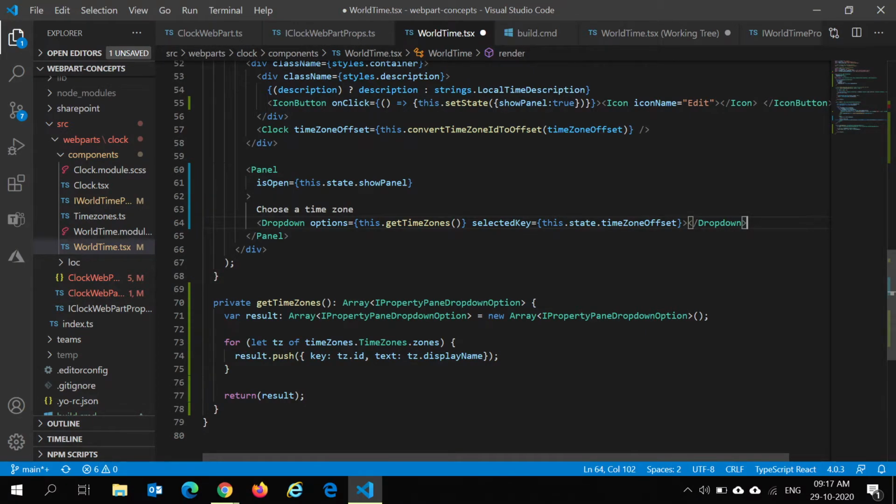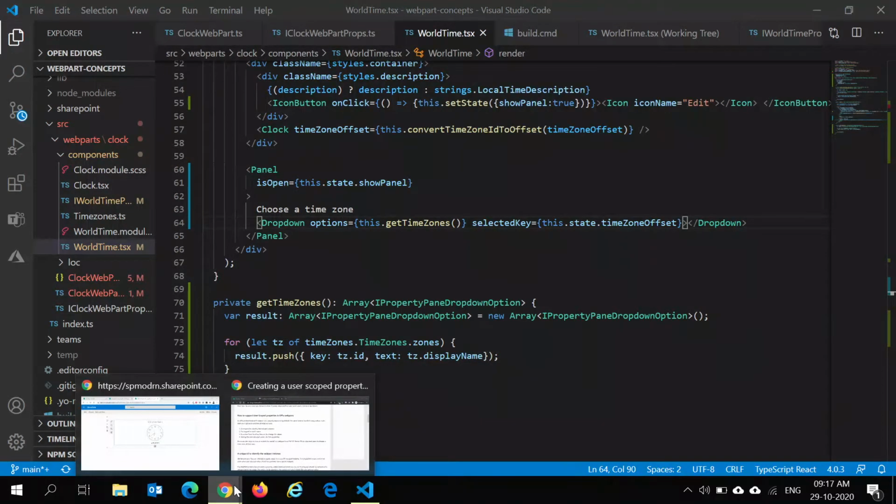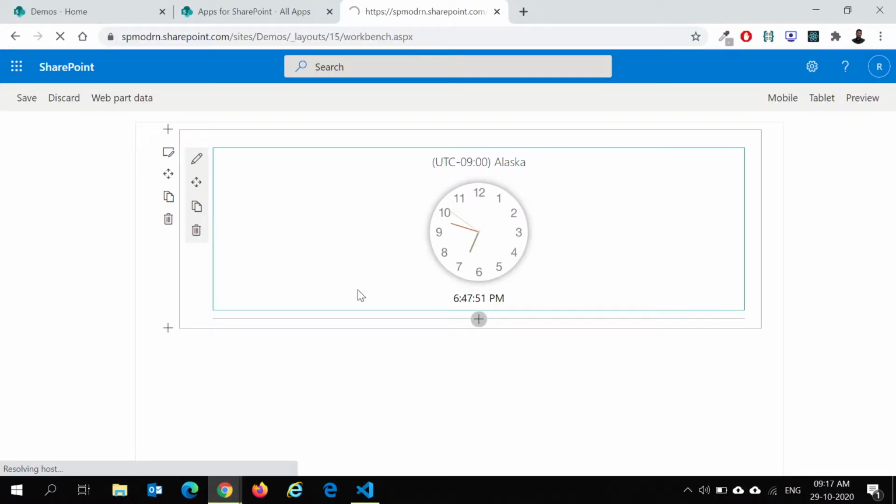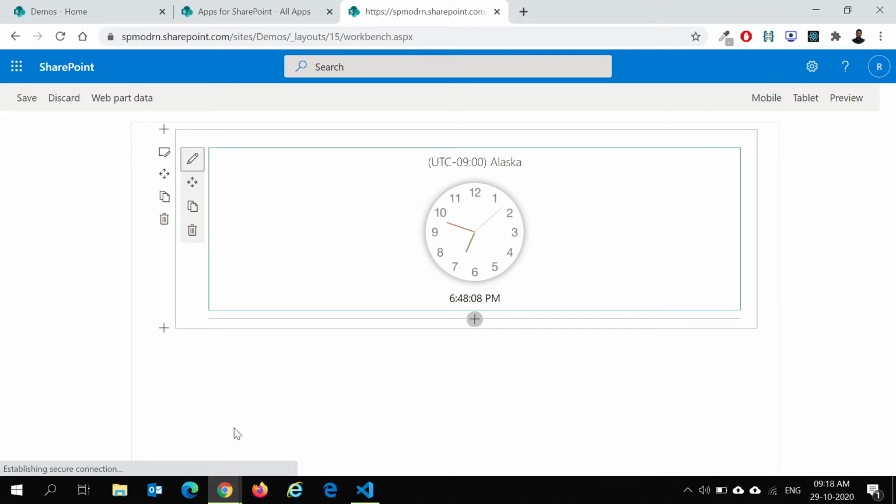And let's also do one more quick thing. So let me save and see our progress till now. So if I refresh the workbench, Gulp serve is running in the background, so hopefully the changes are reflecting here. Okay, looks like my Gulp serve is not yet running, so let me quickly do that.